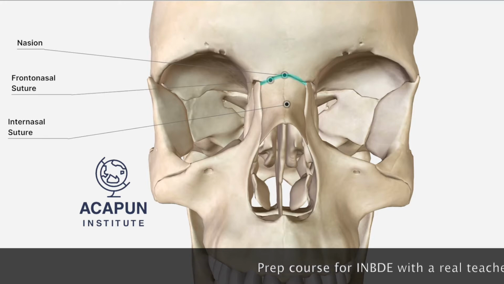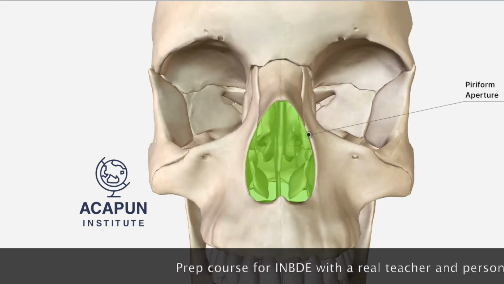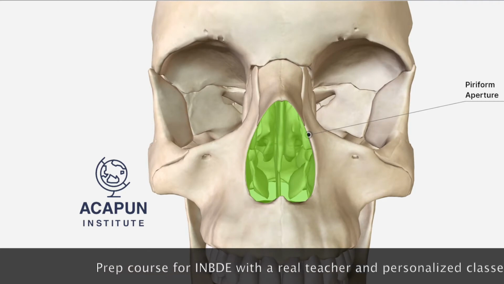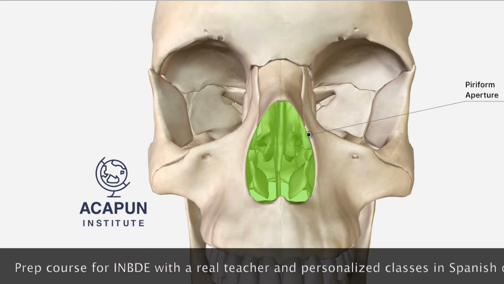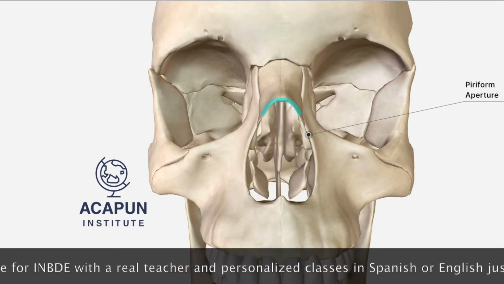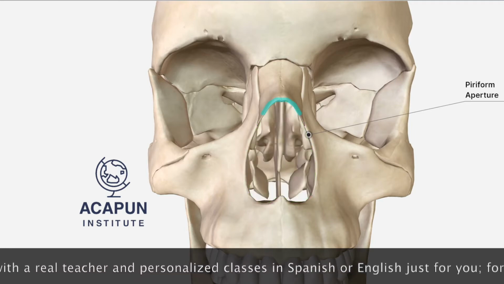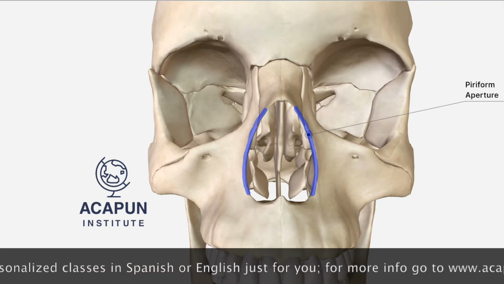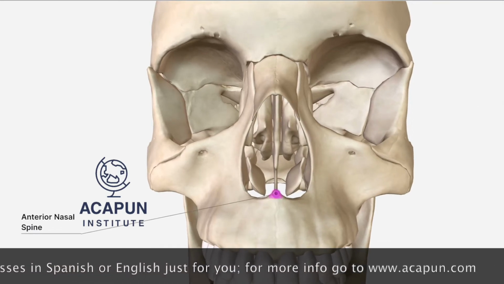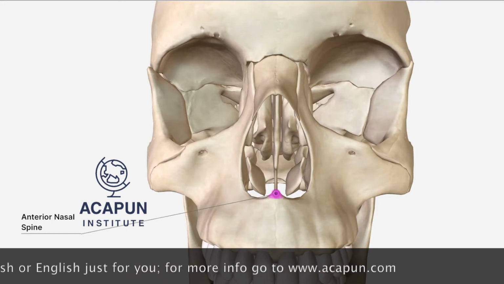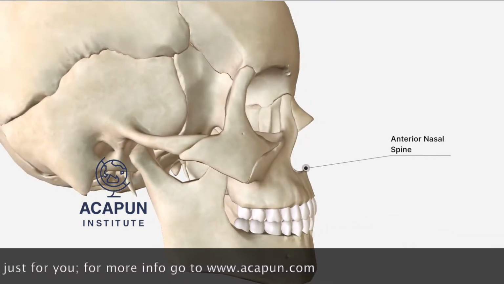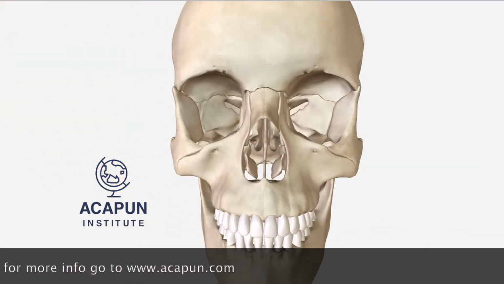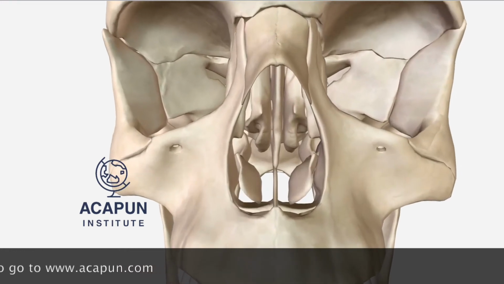Inferior to the nasal bones is the piriform aperture, which is the pear-shaped anterior nasal opening into the cranium. This is bounded by the inferior margin of the nasal bones superiorly, the nasal surfaces of the maxillae on either side, and inferiorly by the anterior nasal spine in the midline, where the maxillae come together. Looking anteriorly through this aperture and zooming in a little bit, we can see the bony nasal septum, which divides